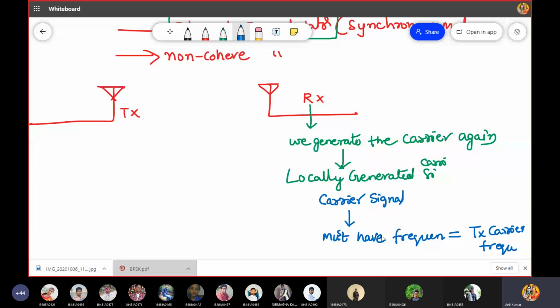Is it okay, guys? So in coherent demodulation, at the receiver side, we generate a carrier signal which is nothing but the locally generated carrier signal, and this locally generated carrier signal must have a frequency equal to the